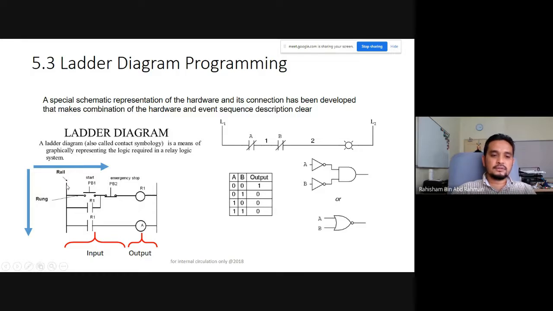How do we read this one? First, we need to go through rung by rung. Rung 1, rung 2, rung 3, from left to right. This is just the introduction to the ladder diagram. And if we look here, what happens to this logic circuit, logic Booleans, we have a NOT gate connected to the